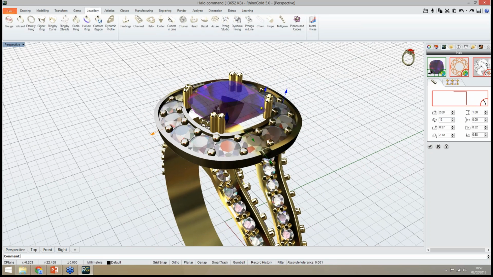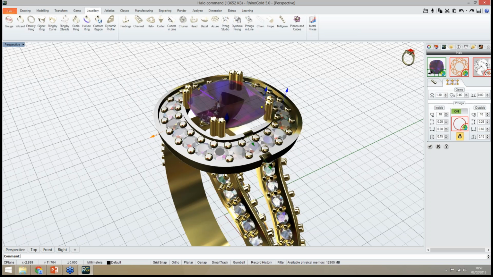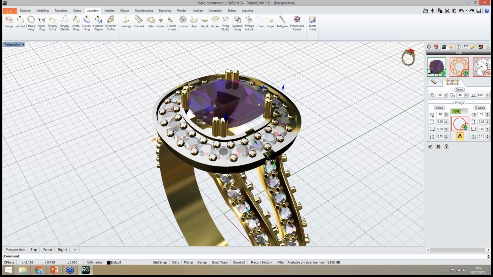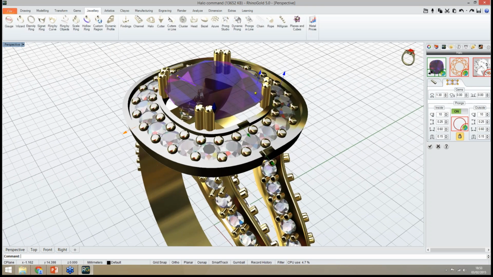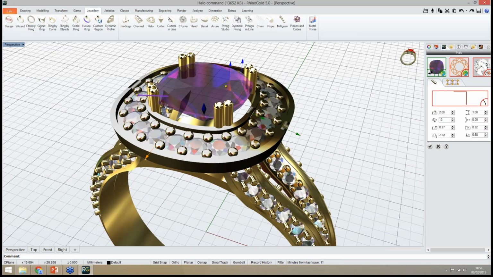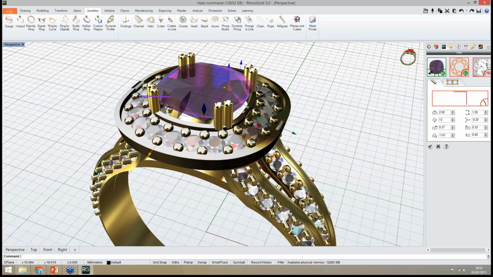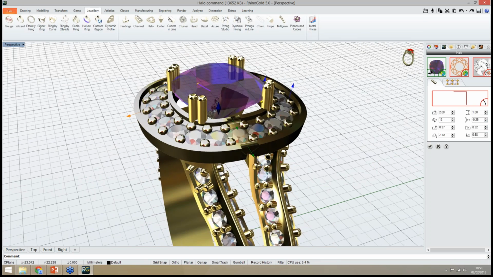We have different options. Let me use 1.3 millimeter gems, and of course the prongs, everything we can define easily. Let me just adjust the parameters a little bit more. I want the distance in here inside. I want total height bigger.